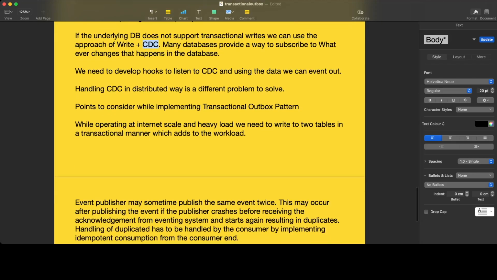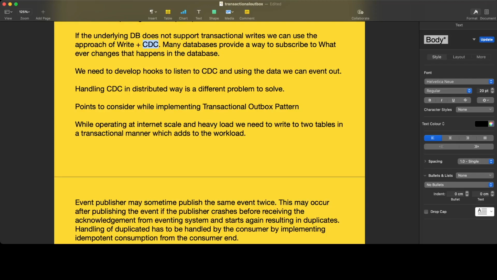Okay. So handling CDC in a distributed way is a different problem to solve. What if the underlying data store is a distributed data store? For example, the data is written to Cassandra or Couchbase, where we write to any node in the system, and we have a single node which listens to the CDC. We have to come up with a distributed way of observing the data from the CDC, and we also need to ensure that even if all the nodes listen to the CDC, only one node publishes it. That is another problem to solve, but yeah, this is what we need to do.